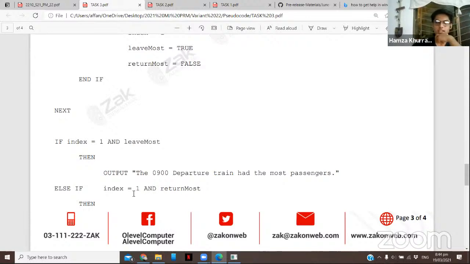So it's going to take that, and it's going to say else, and then it's going to take the index and output that. Then we say else if the index equals 1 and return most equals true, then that means that the first, so index 1 means the first of them, right? So if index equals 1 and leave most, then that means that the first departure train had the most passengers,